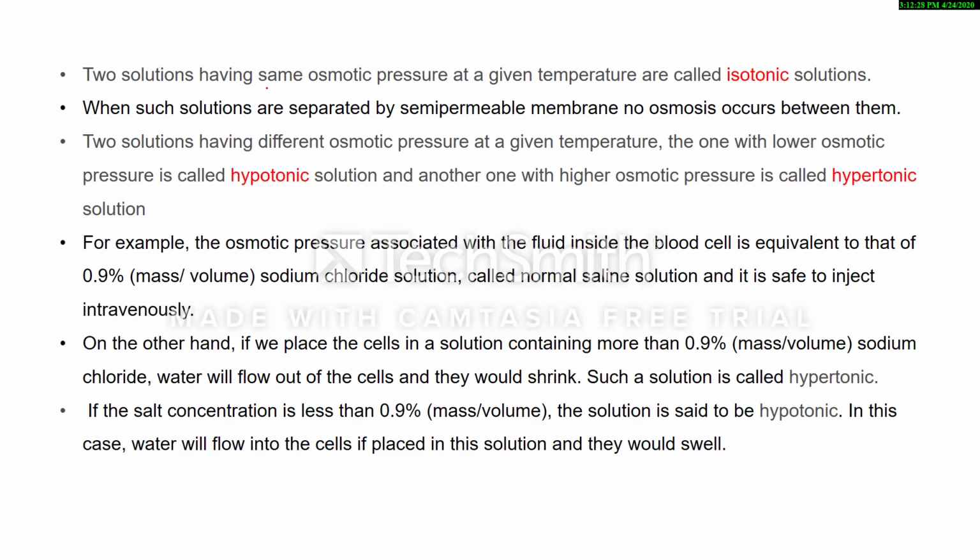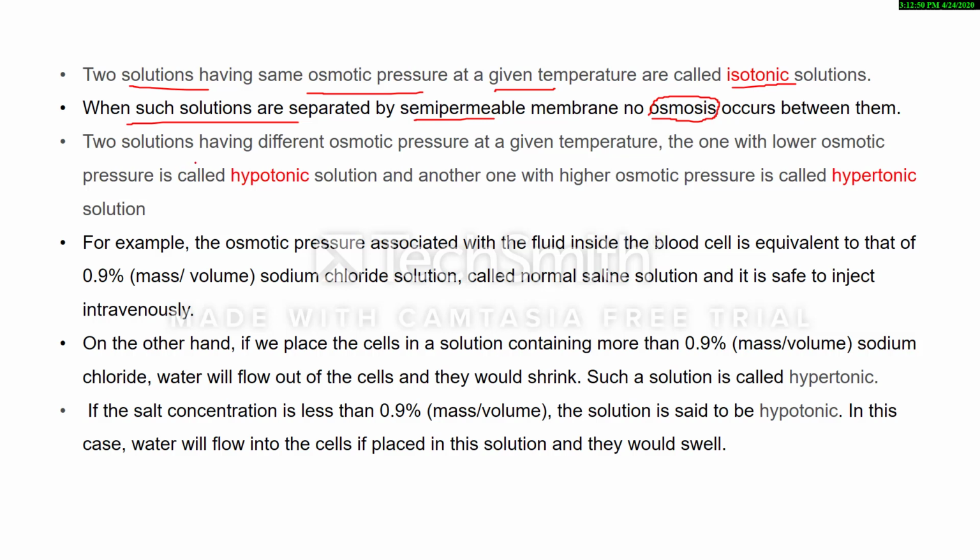Now some common terms are there. Two solutions having the same osmotic pressure at a given temperature are called isotonic solutions. Is it clear? Isotonic, same osmotic pressure. When such solutions are separated by a semi-permeable membrane, no osmosis occurs between them because both have the same osmotic